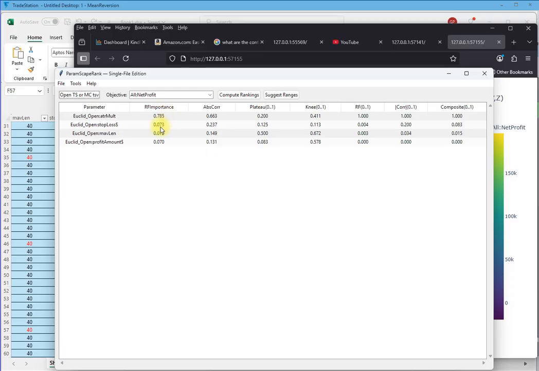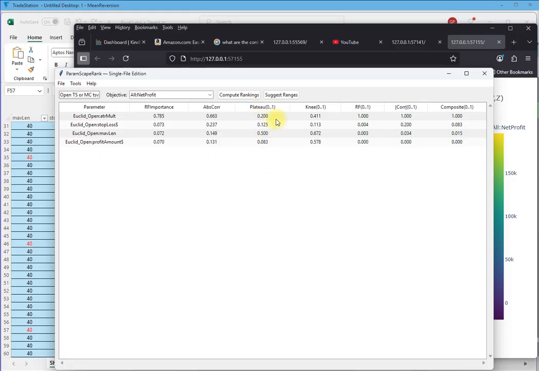The stop loss, the range that we tested, it really didn't have that much input. You could go with a $2,000 stop or a $4,000 stop. It didn't have that much impact. The same for the moving average length. It didn't have that much of an impact, and neither did the profit amount for the range that we utilized. Now we could change that. If we expanded the range, the importance or the impact of that parameter may become greater. So we got the random forest importance, we got the absolute correlation, and we also have what this called a